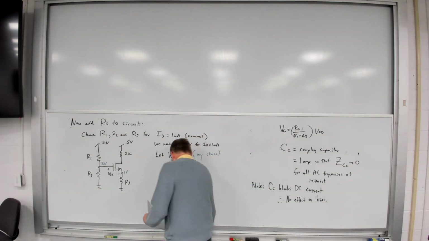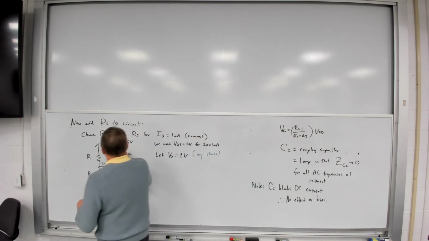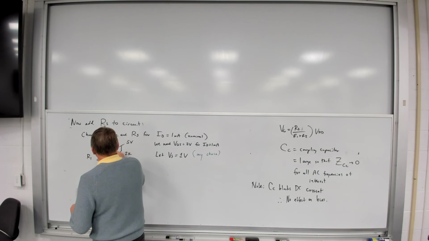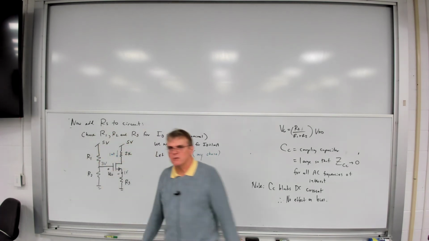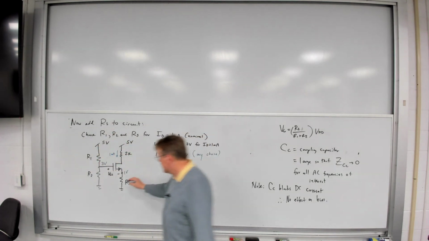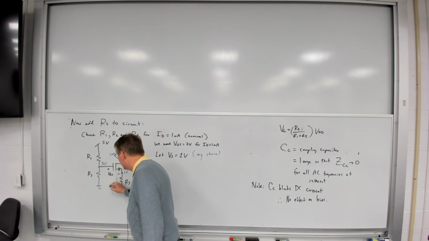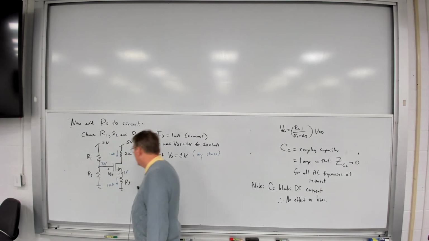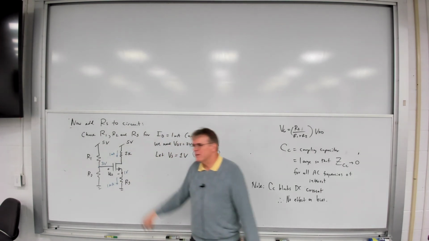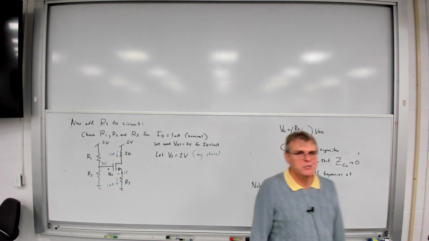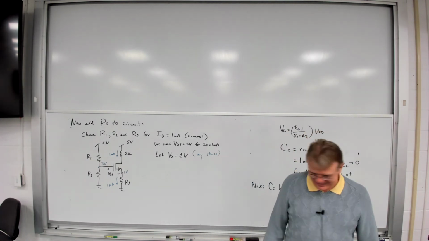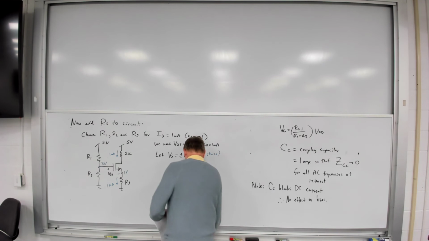So in this case, I still want 1 milliamp flowing through that 2K resistor, which incidentally also flows through R sub S, right? So I've got 1 volt divided by 1 milliamp. What does R sub S have to be equal to? 1K, all right? Therefore,